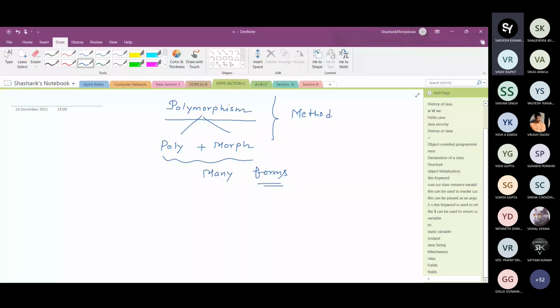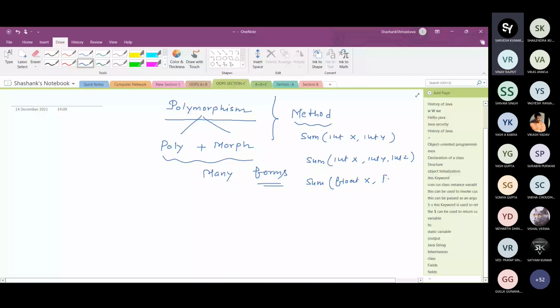You can say that suppose there is a method sum. It is integer x comma integer y. I just take an example. With the help of example, it is easy to understand. And another method, that is sum, integer x, integer y, and integer z. Suppose there is another method that add two number, float, that is declared as float x, float y.